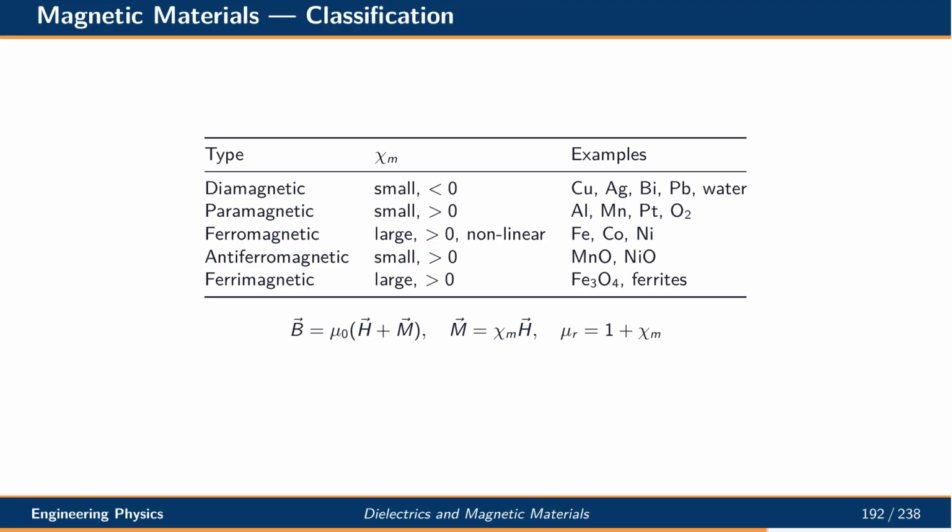Magnetic materials are classified by their susceptibility. Diamagnetic materials have small negative susceptibility and include copper, silver, bismuth, and water. Paramagnetic materials have small positive susceptibility, like aluminium, manganese, and oxygen. Ferromagnetic materials have large positive non-linear susceptibility, with iron, cobalt, and nickel as examples. Antiferromagnetic materials show small positive susceptibility, like manganese oxide. Ferrimagnetic materials have large positive susceptibility and include magnetite and ferrites. The relations between B, H, and magnetization summarize